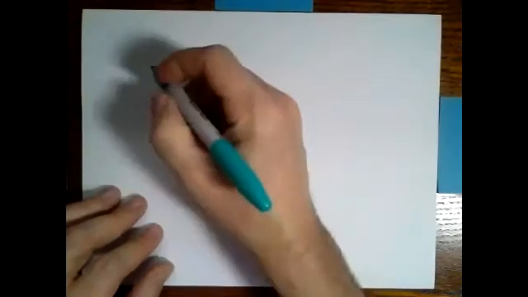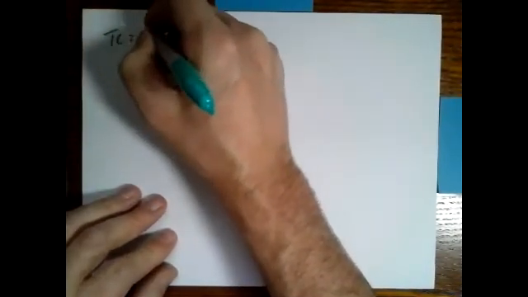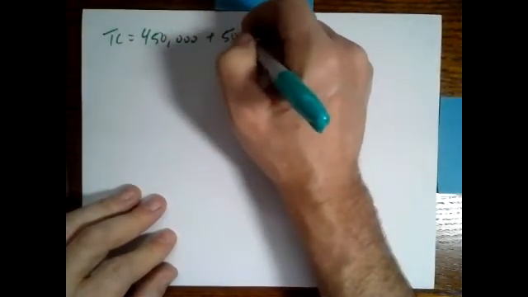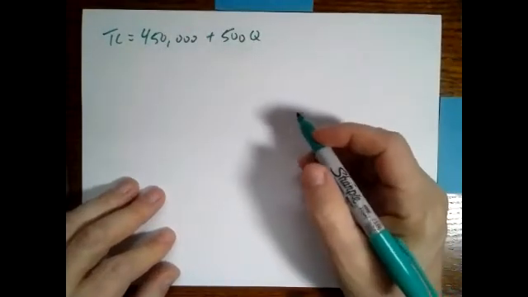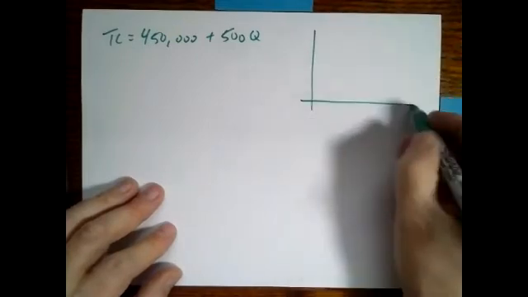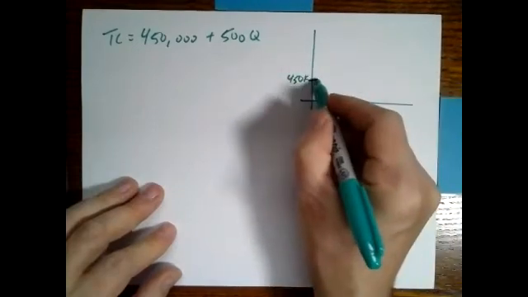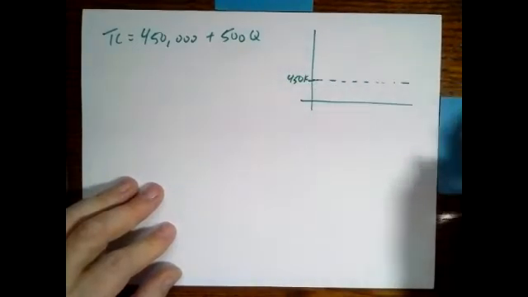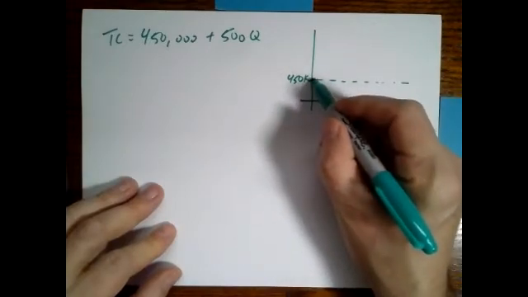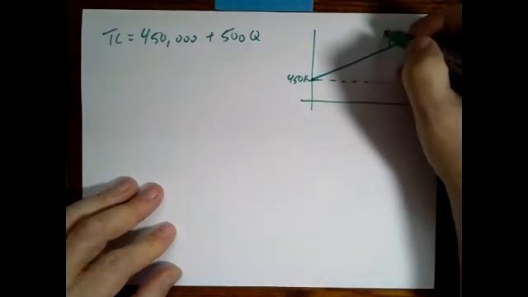Another quick example, right? If we said TC equals 450,000, right? That's our fixed cost, plus 500Q, so just a bigger number. What would our graph look like? Well, we'd have, right, same thing. We'd have 450K, right? And that's our fixed costs. And then we would have a line starting at 450,000 and going up to the right with a slope of